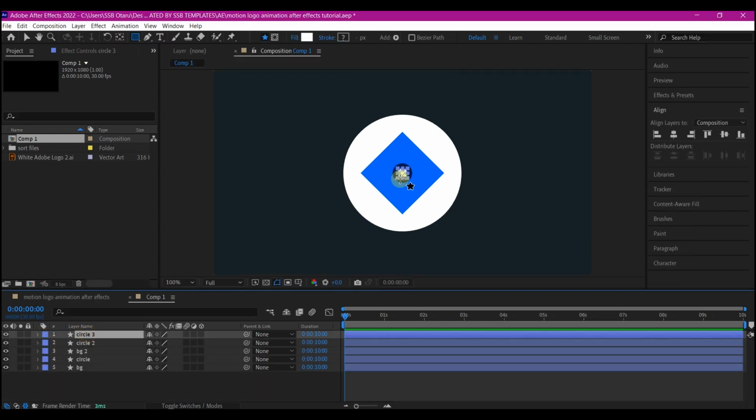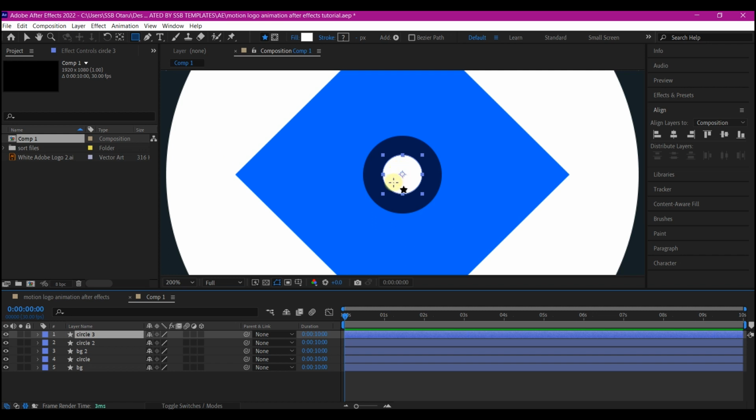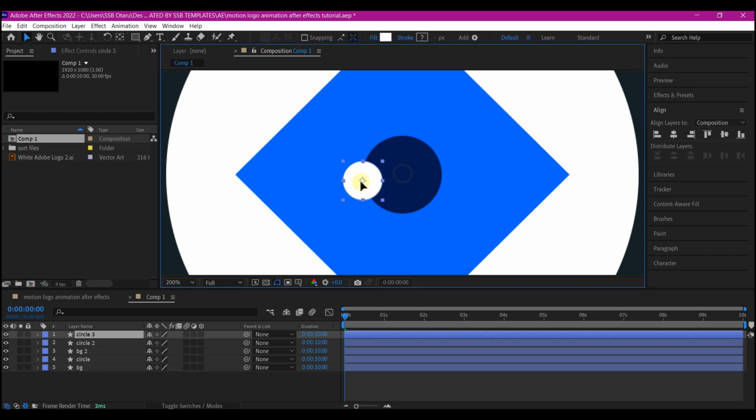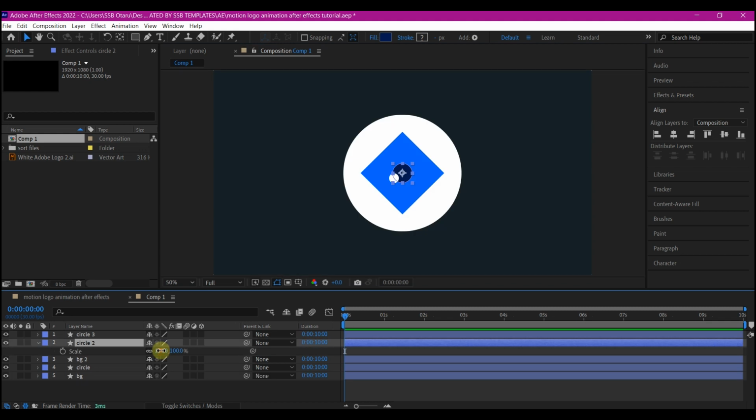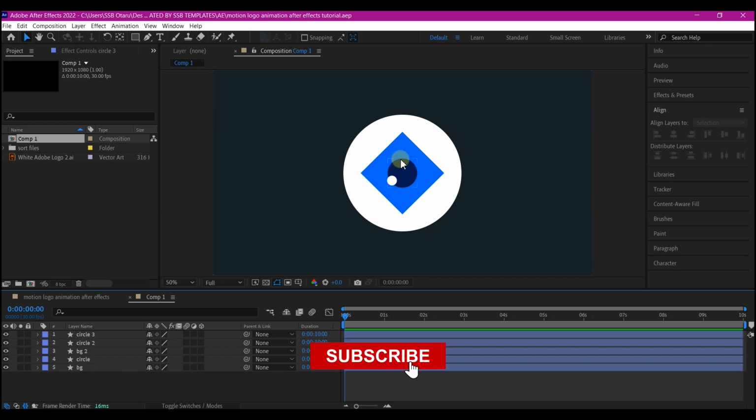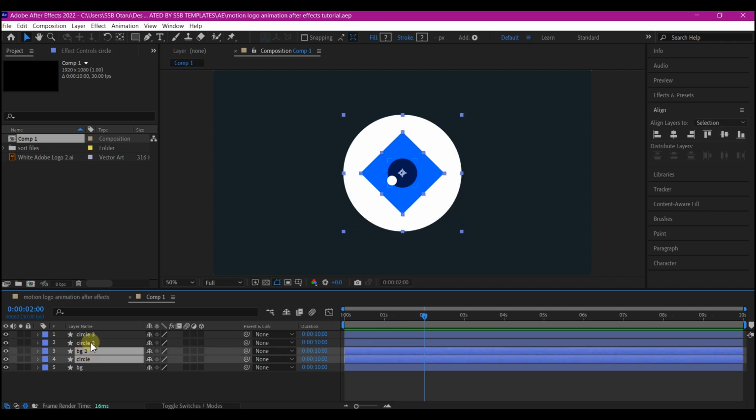Let's move the position to this point. Let's put it right here. Increase the scale of this a bit to 150. Let's start animating the entire thing. Move your time indicator to 2 seconds forward in time, and then you're going to select these middle layers except